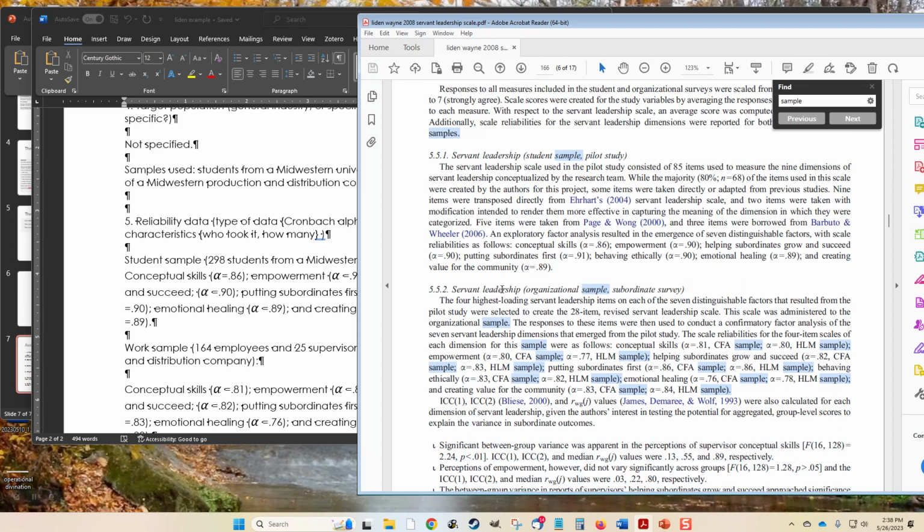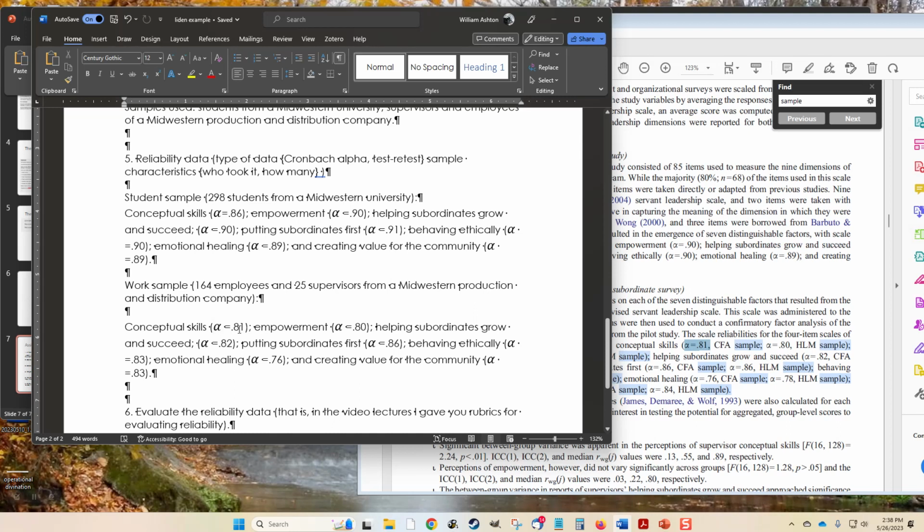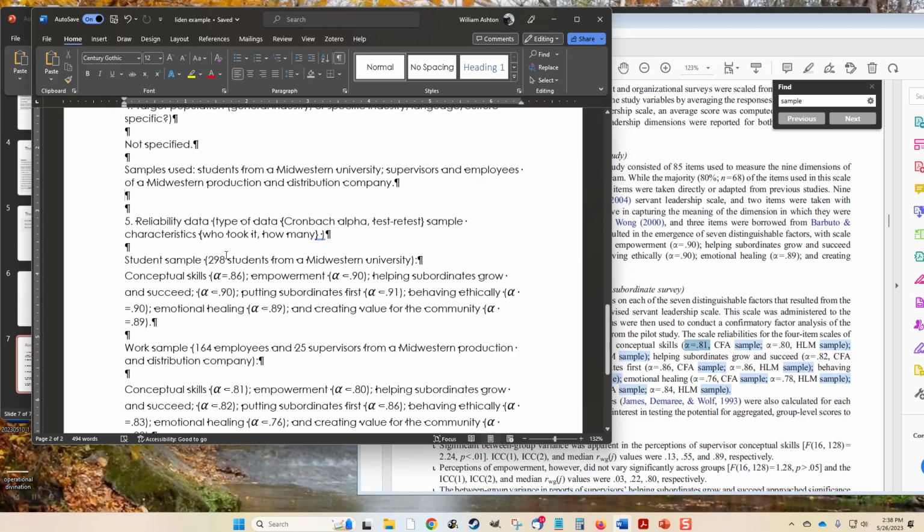For the organizational sample, they say the scale reliabilities are conceptual skill alpha 0.81, CFA sample alpha 0.80, HLM sample. I would just focus on whenever they just say the normal alpha value, the Cronbach alpha. And so what I did here is work sample, conceptual skills alpha 0.81, empowerment 0.80,